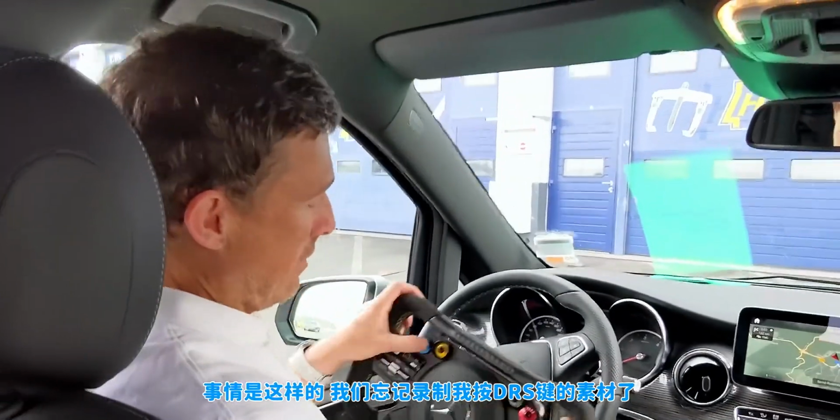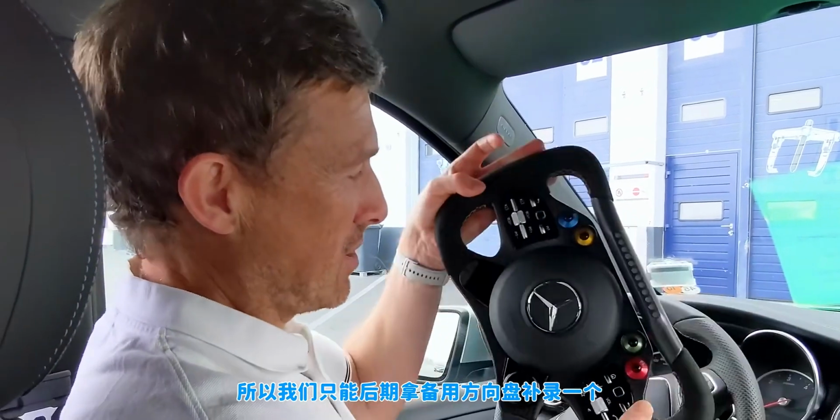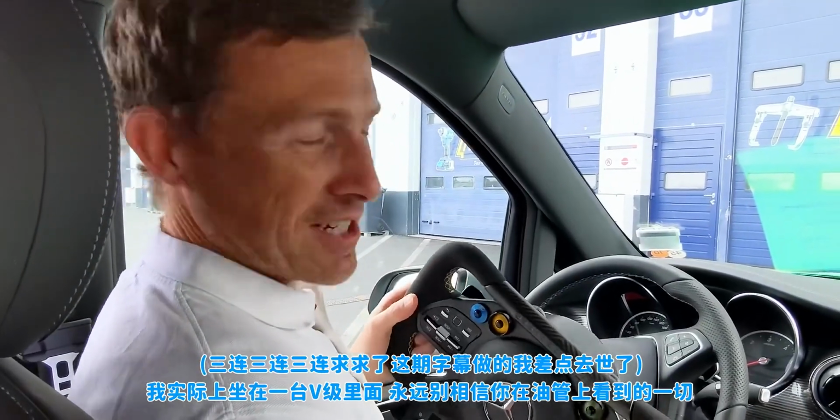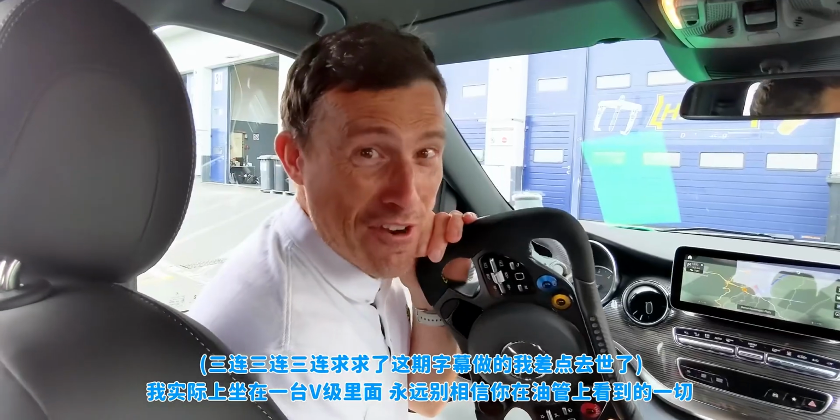So we forgot to film a cutaway of me pressing the DRS button, so we've had to stunt it up with this spare steering wheel, and I'm actually sat in a V-Class pretending to drive. Never trust everything